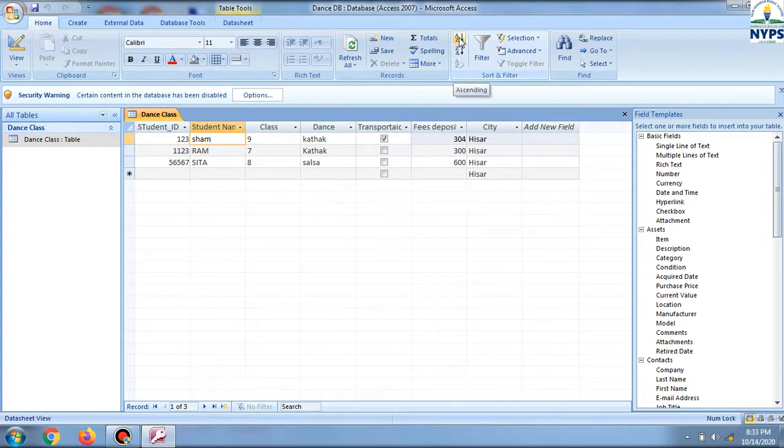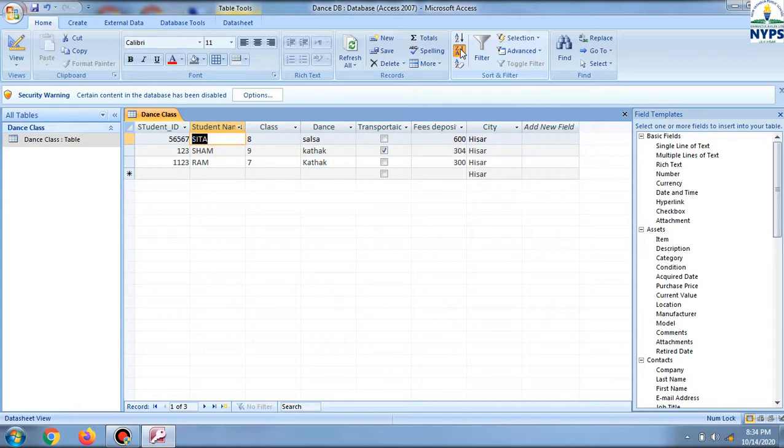So now see here, if I am pressing this, the related entries will change accordingly. It's not that it will arrange only the names. It will change the whole data. Like RAM entry will automatically change. I have selected only student name, but all the entries will be changed according to the student name. In the same manner, what happens if I am pressing this Z to A? Now the data is in descending order. This way I can sort the records.